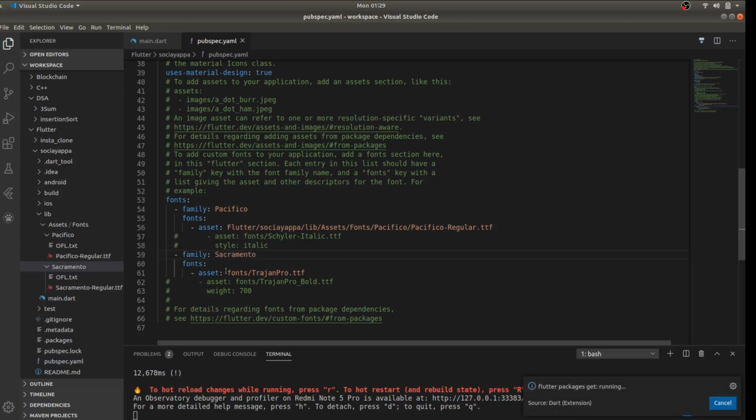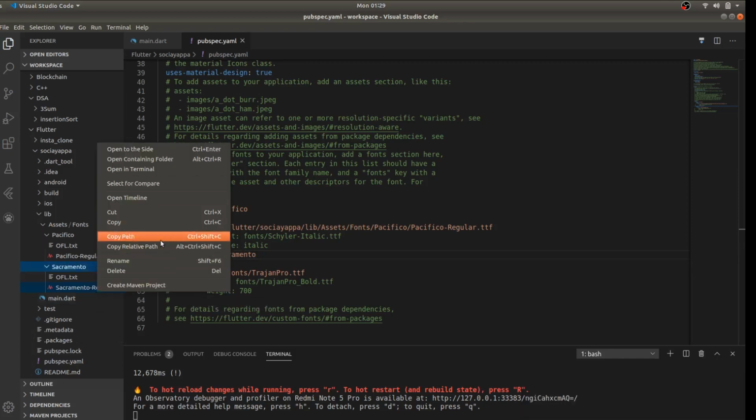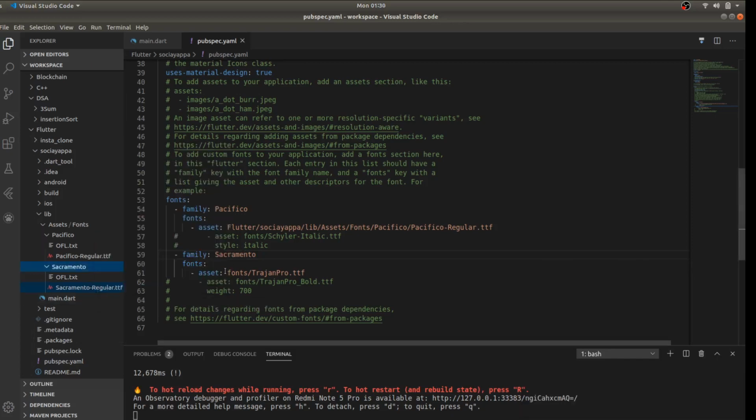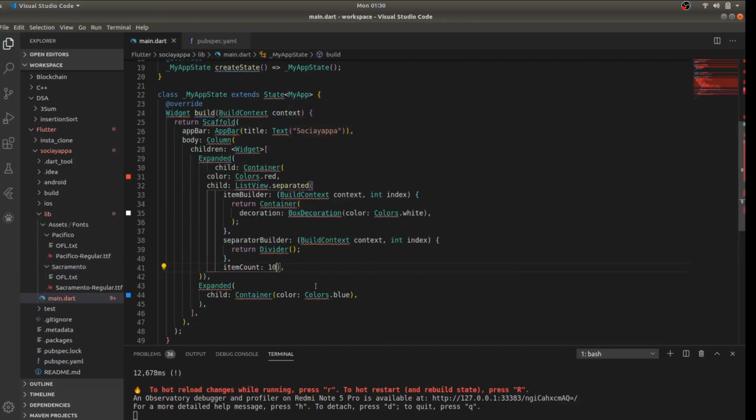And I'll have to paste its relative path again. Copy relative path. We have got our fonts in our assets. Now let's just jump back to the programming part, and